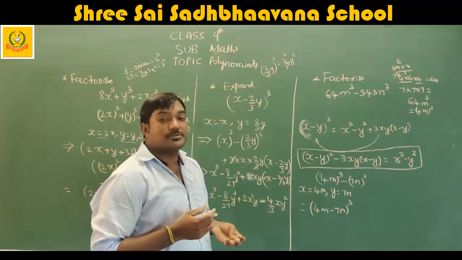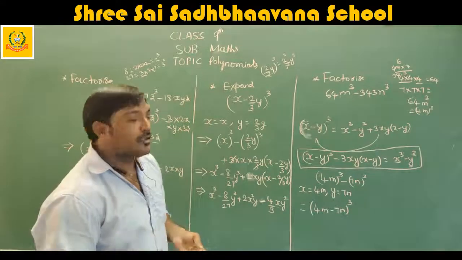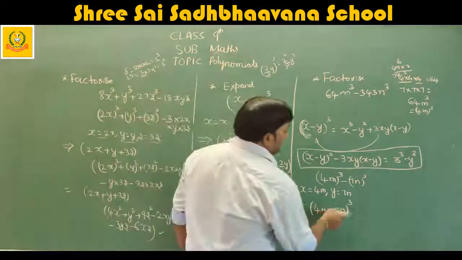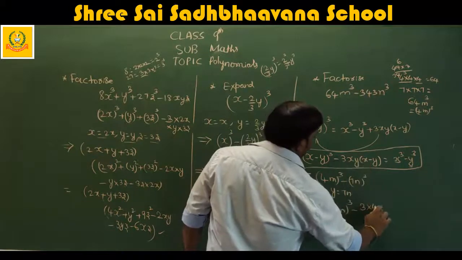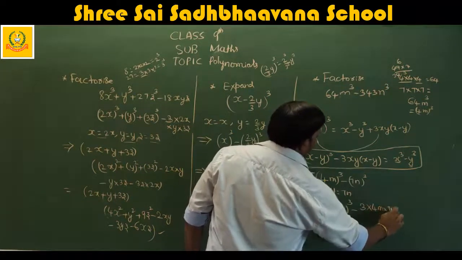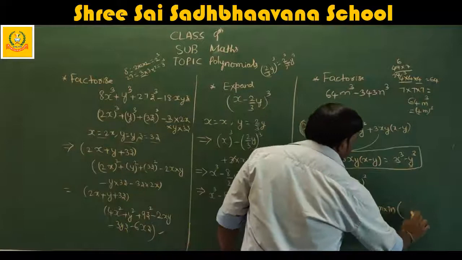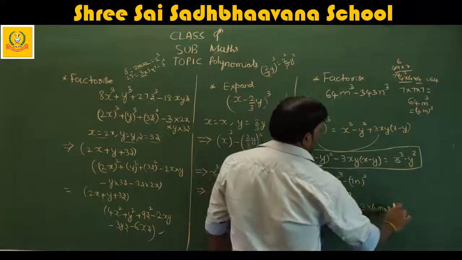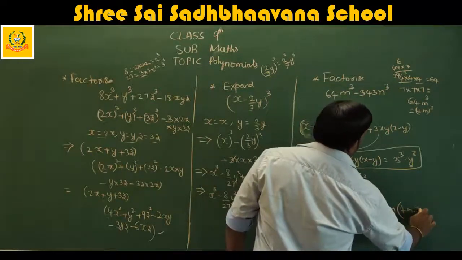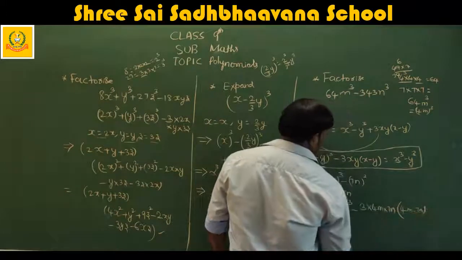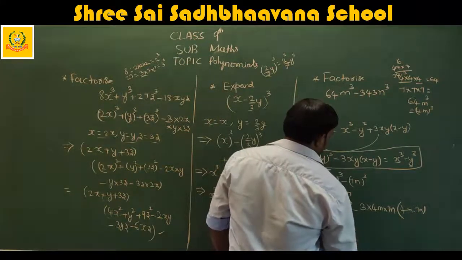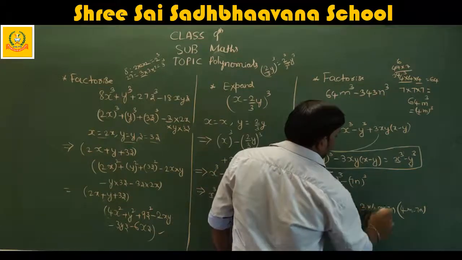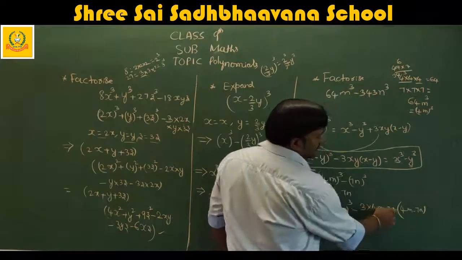Wherever y is there, I am substituting 7n. 4m and 7n. So (x minus y) whole cube minus 3 into x into y into (x minus y). X is 4m, y is 7n. What is x minus y? 4m minus 7n. Got it? So just write as it is: (4m minus 7n) whole cube minus 3 into 4, 12, 12 sevens